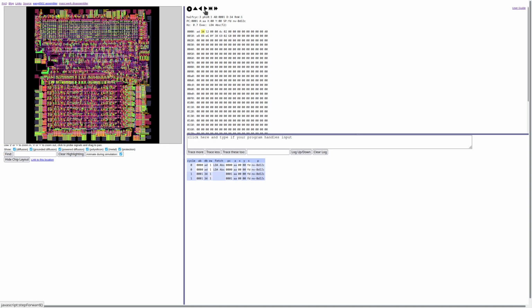Second cycle fetches from address 1, and that's the least significant byte of the address to fetch. Third cycle fetches the most significant byte. And the next cycle, that's 3 cycles, right? The next cycle fetches from address 1234, which is the address we asked for, and it fetches the value 0. And the next cycle, we already start executing the break command, and we can see that the accumulator actually received the value 0. So yes, this command actually took 4 cycles.